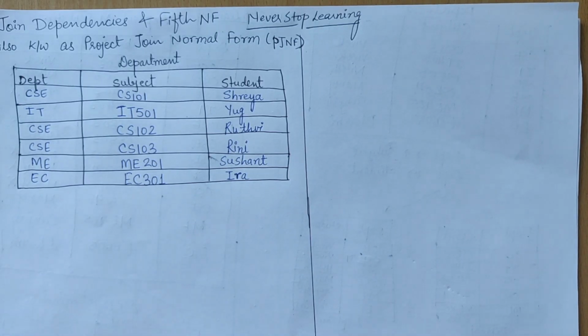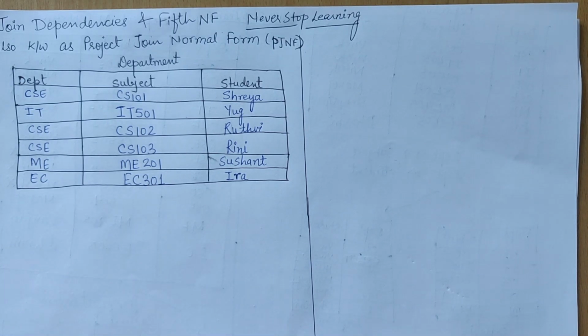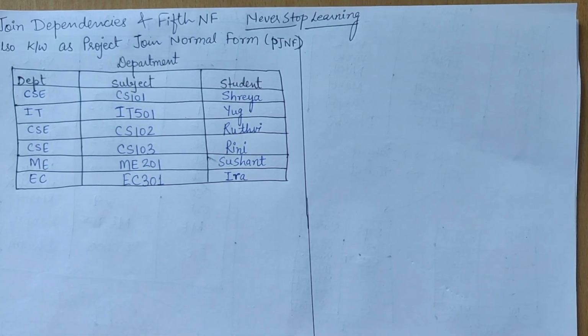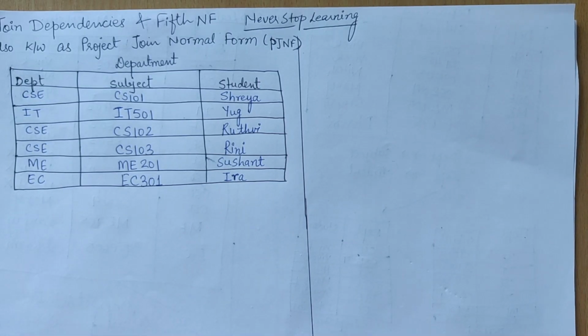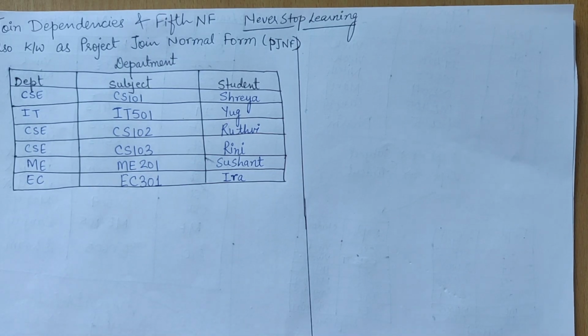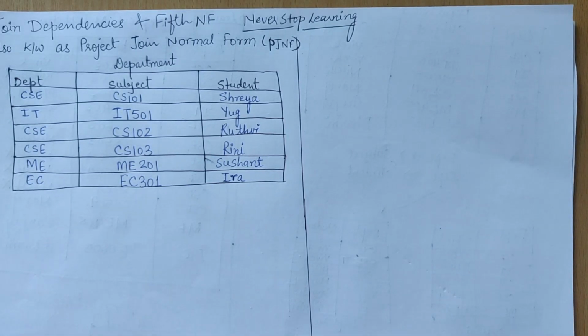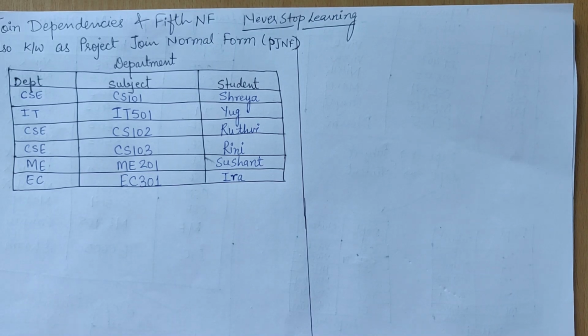So far we have discussed all the problematic functional dependencies, whether it is partial functional dependency or transitive functional dependency, and we decomposed our table if it is not in a certain normal form to remove redundancy and anomalies. So we have decomposed all our tables by keeping in mind that the decomposition should be lossless. That's a mandatory property, and it should be dependency preserving, right? All these things I have covered in my previous lecture videos.